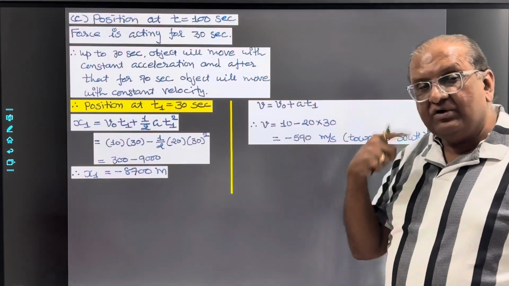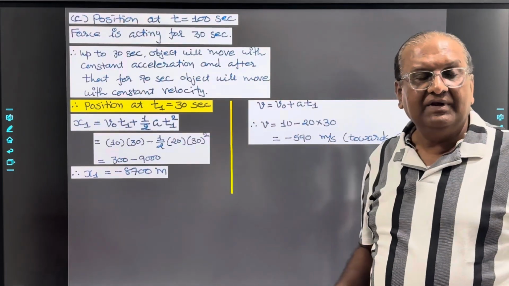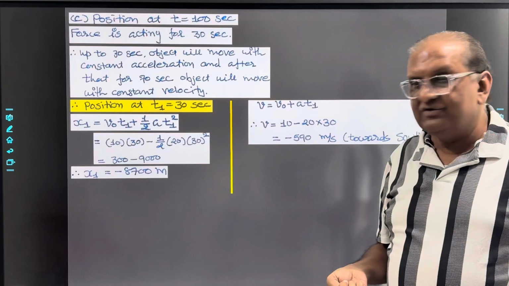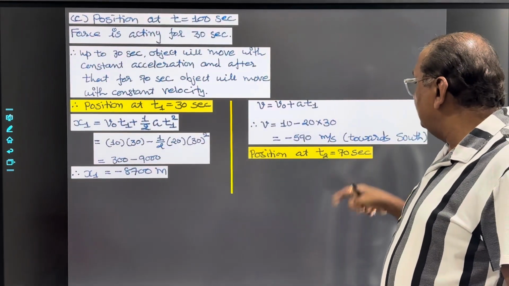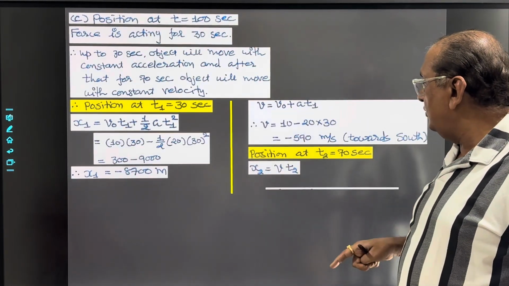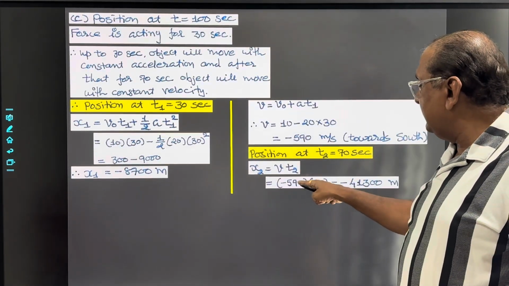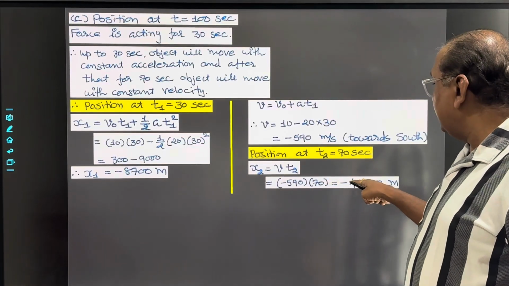Now with this constant velocity, it will continue motion in south. So distance is velocity into time. So position for t equal to 70 second, x2 equal to v t2, v is minus 590, t2 is 70, so that is